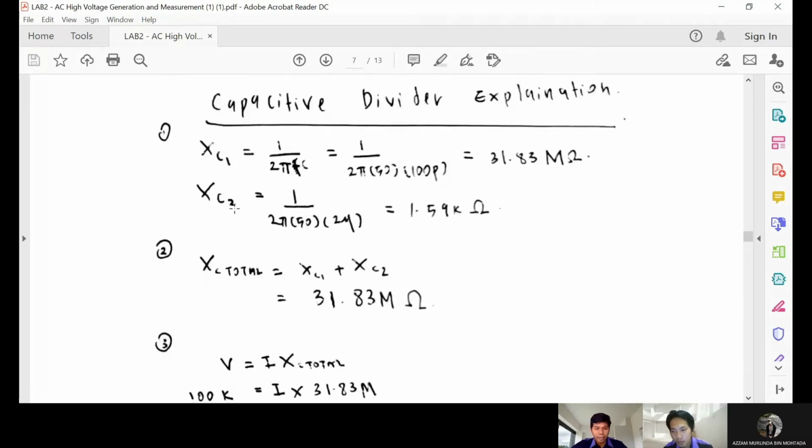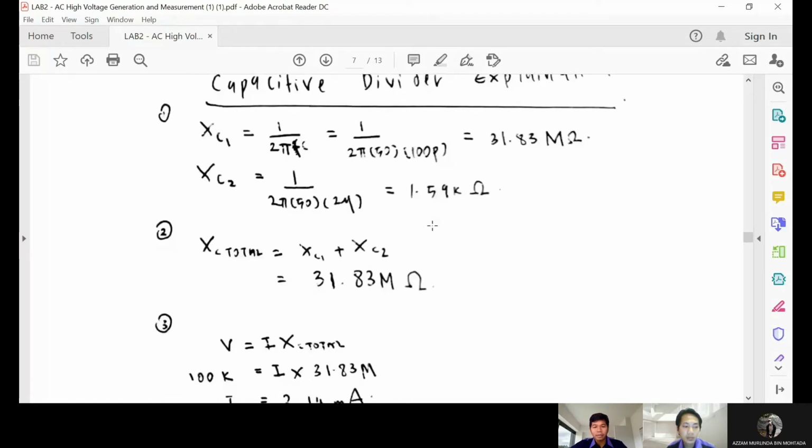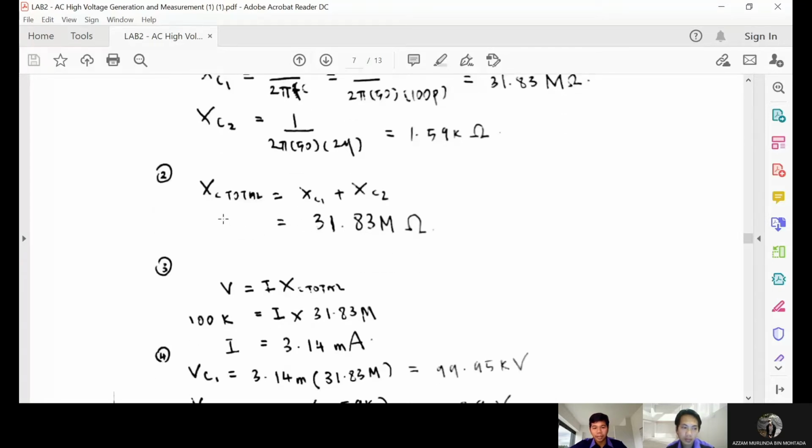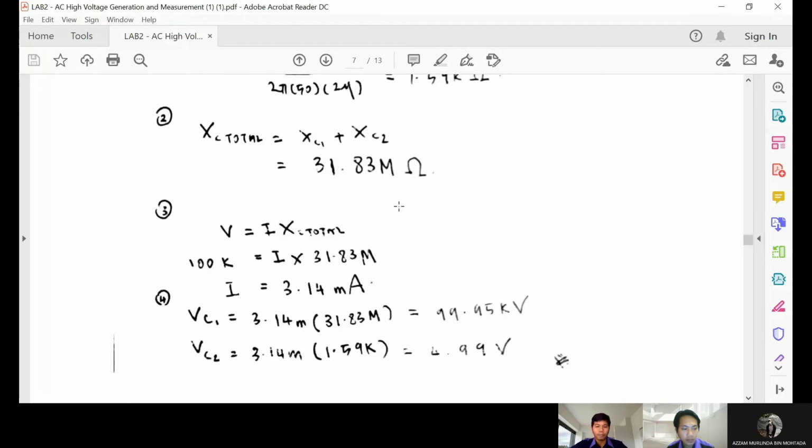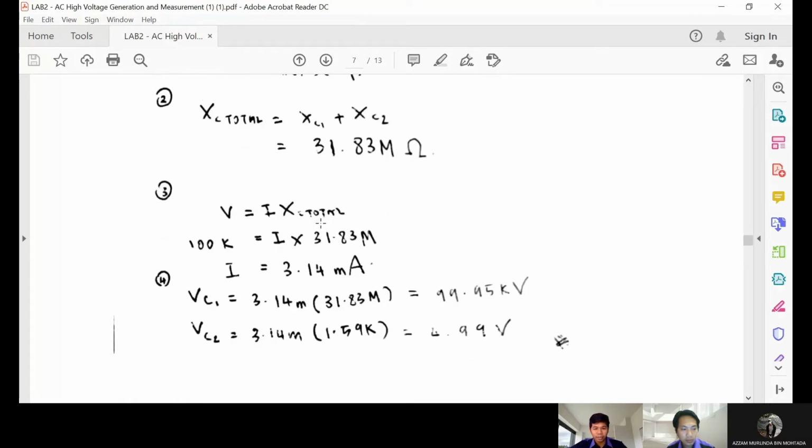The second impedance equal to 1 over 2 pi times 50 times 2 microfarad, equal to 1.59 kilo ohm. Then we total up the impedance, Xc1 plus Xc2, equal to 31.83 mega ohm, and we need to find the